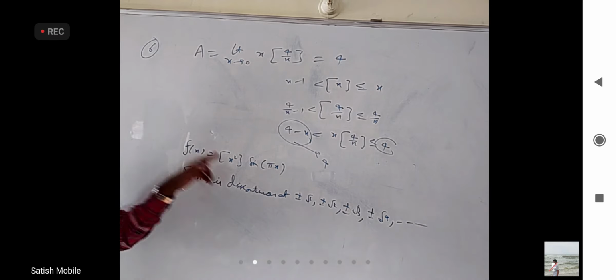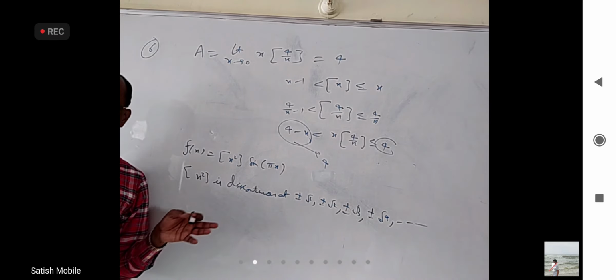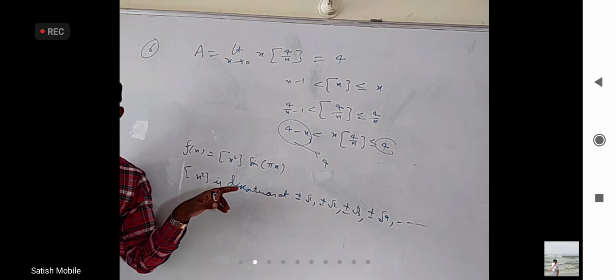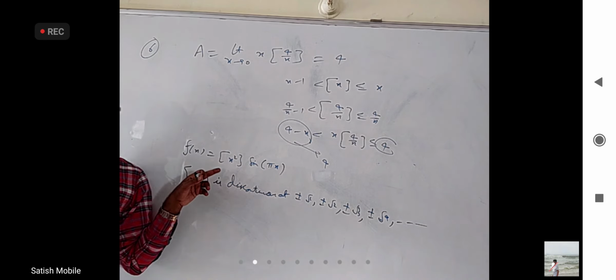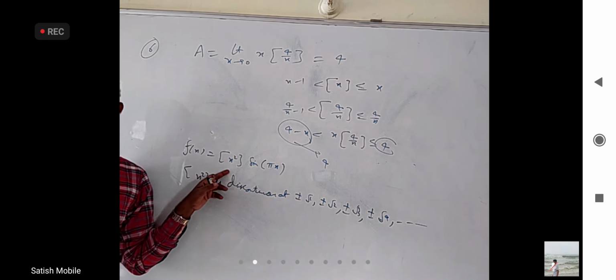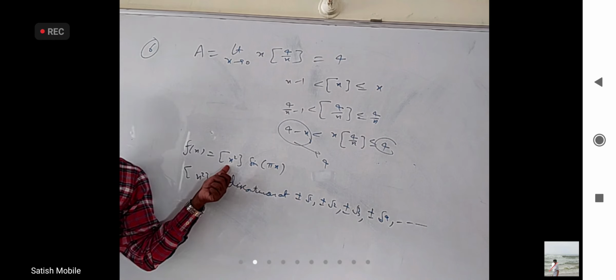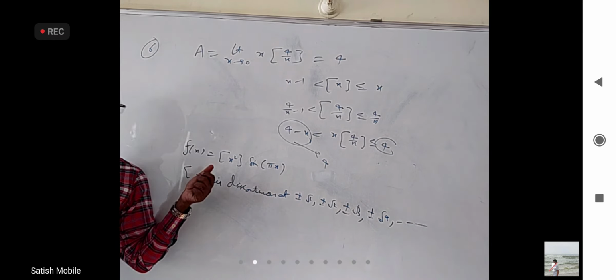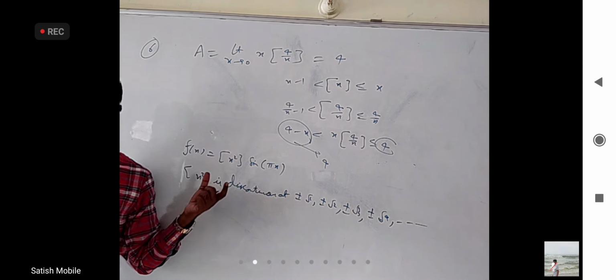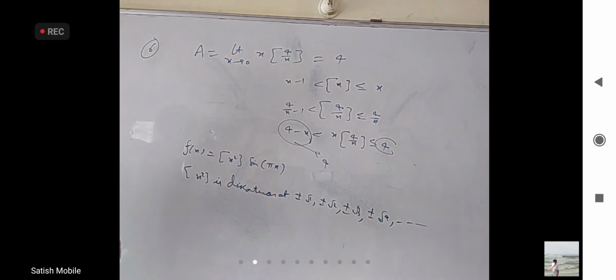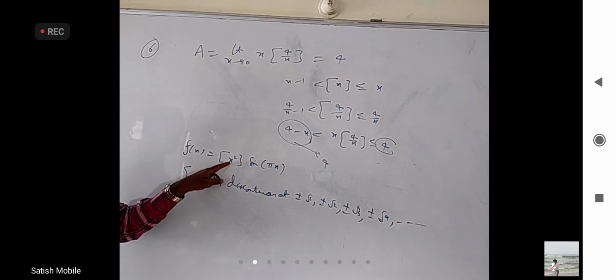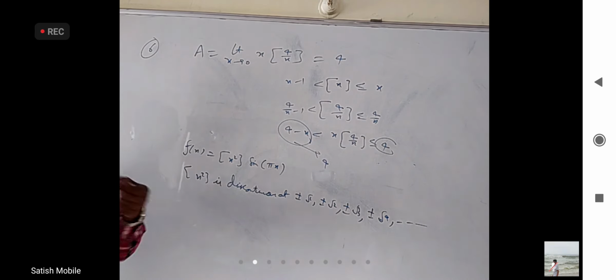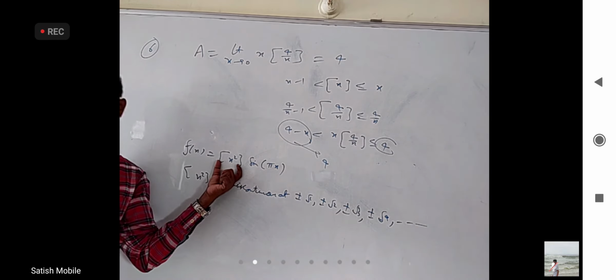At 0 also it is 0, right limit is 0, left limit is 0. But if you take 1, after 1 the right limit is 1, before 1 the left limit is 0. If you take 5, just after 5 the limit is 25, whereas just before 5 what is the integer part of x square? At 5 it is 25, just before 5 its value will be 24.99, integer part is 24. So at every integer this alone is discontinuous.